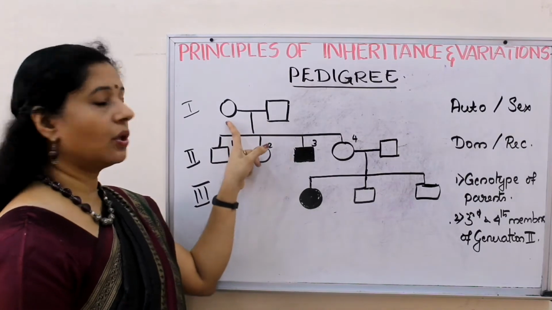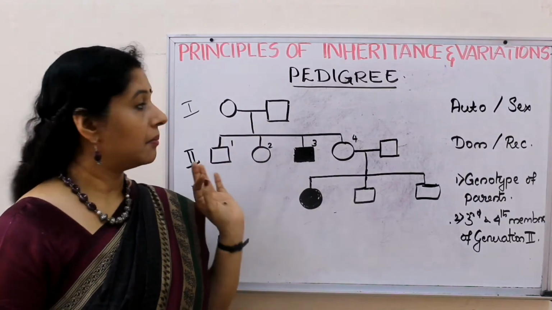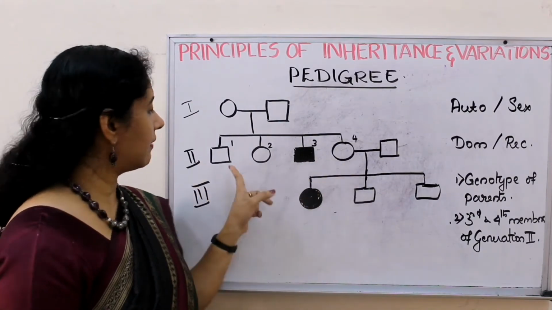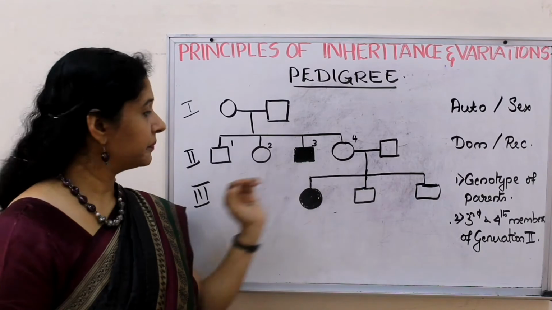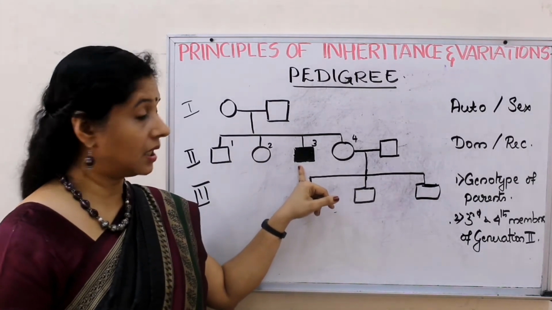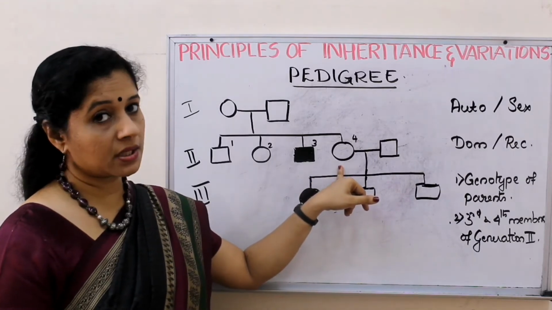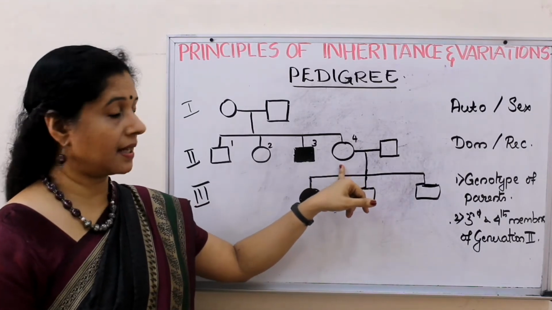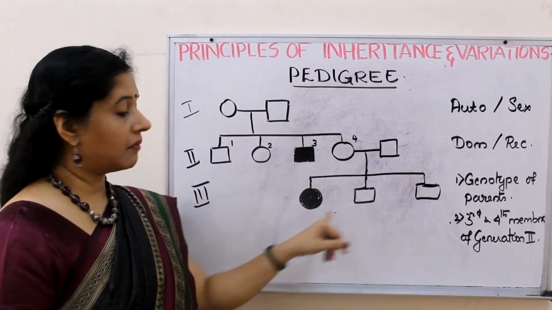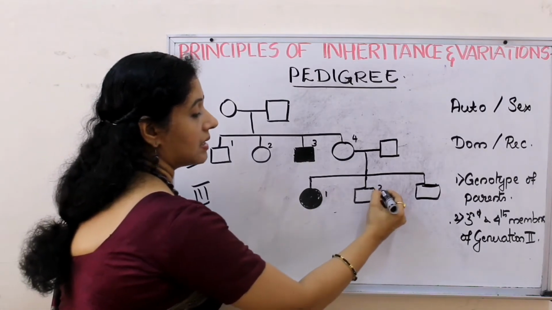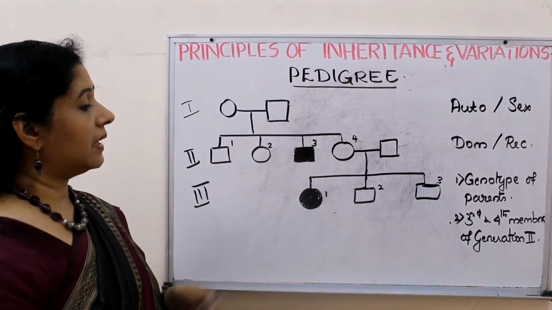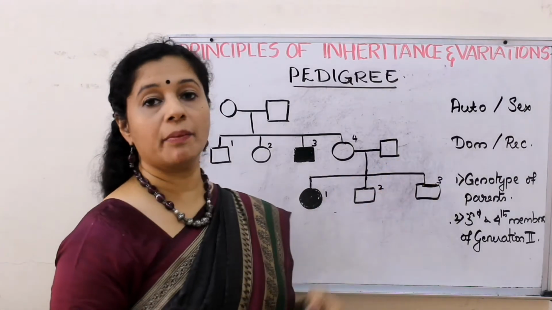So first generation, obviously mother and father, but in this both are unaffected. Second generation, there are 4 children. I have numbered them 1, 2, 3, 4 in the order. First is a male son, second is a daughter, third is a son who is affected, fourth is a daughter who is not affected, but we don't know whether she is a carrier. She is married to a man who seems to be normal. They have 3 children. First one is again affected. Second and third children are sons. They are normal.